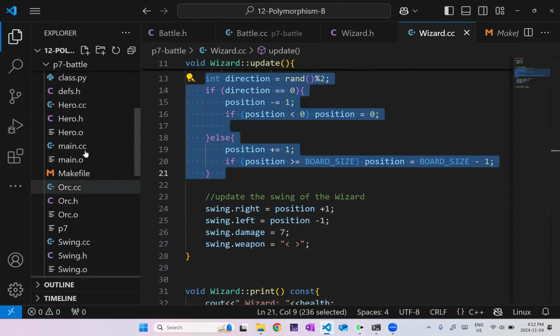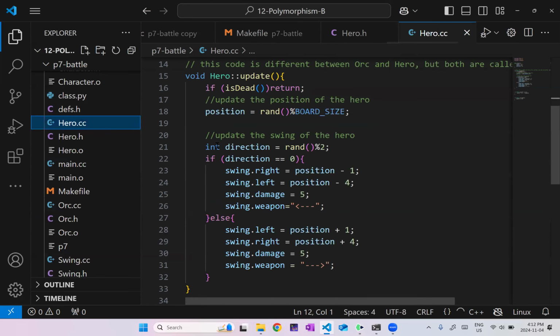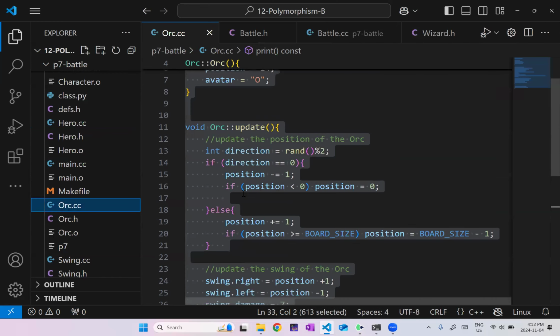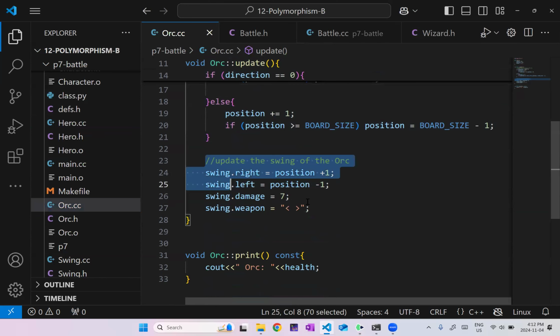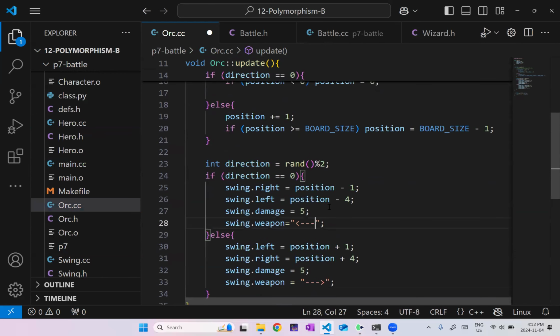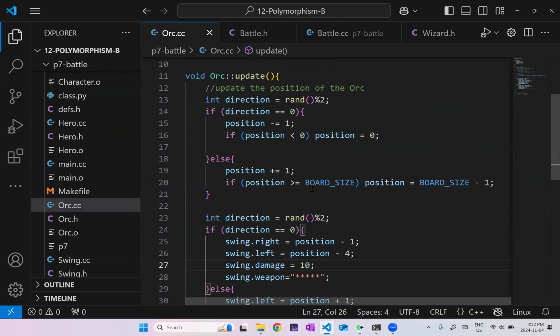But I also want them to throw a fireball, which randomly lands somewhere. So we're going to steal some of the hero logic as well in order to, and the swing is, of course, simply, it's almost like a struct that just contains the information that's associated with this person's attack. So this is going to be the fireball. It's going to be 5 wide. It's going to do, what is it, 10 damage, let's say. And it's going to just be randomly,